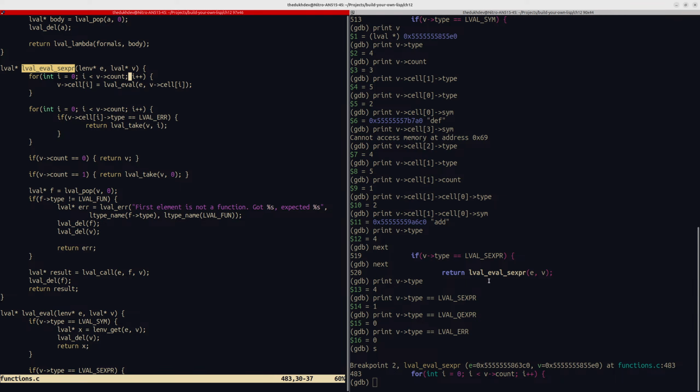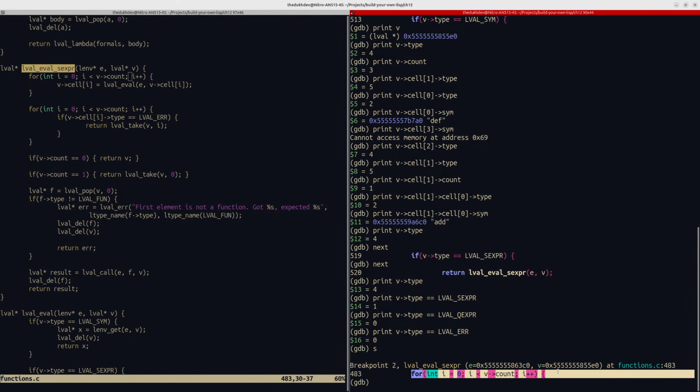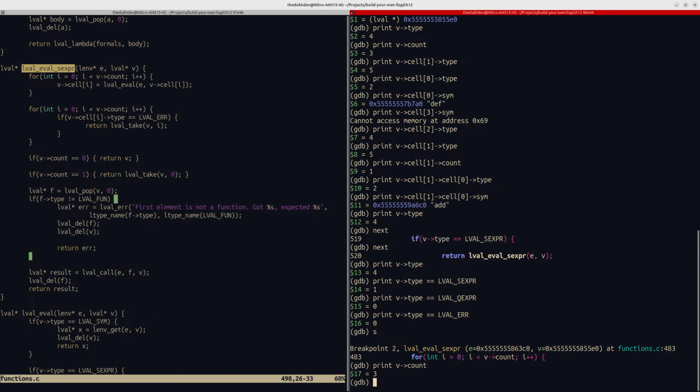Okay, if you have just joined, basically what we are doing is I'm trying to debug the app I've written. I'm trying to debug it to try to understand it better, so that's why I have all of this running. So where are we? We are here at line 483. If I print out v count, it's 3. So if I go next,